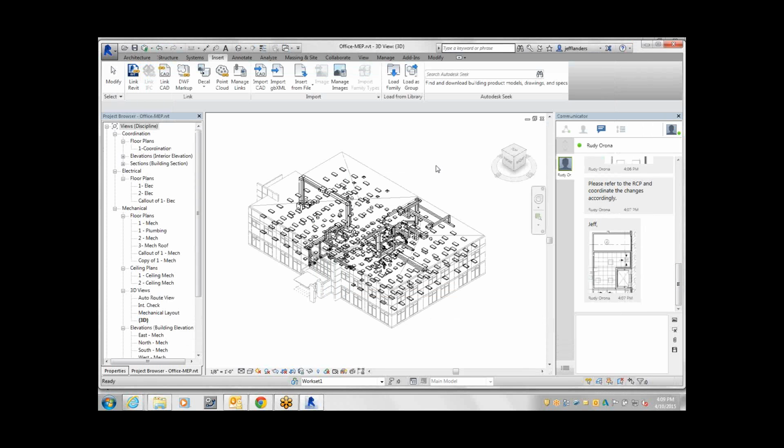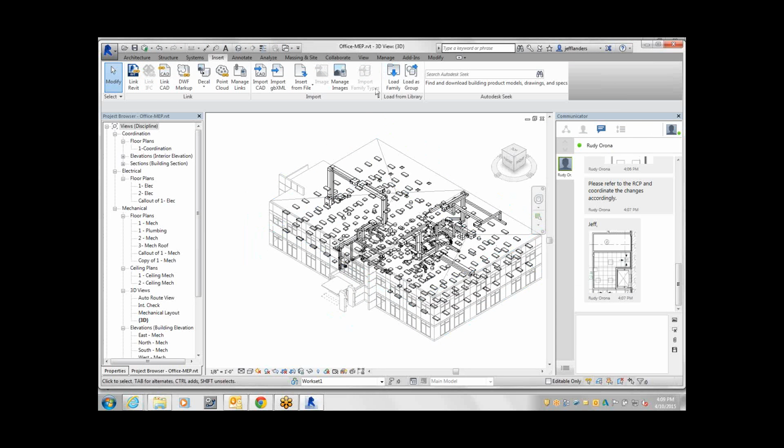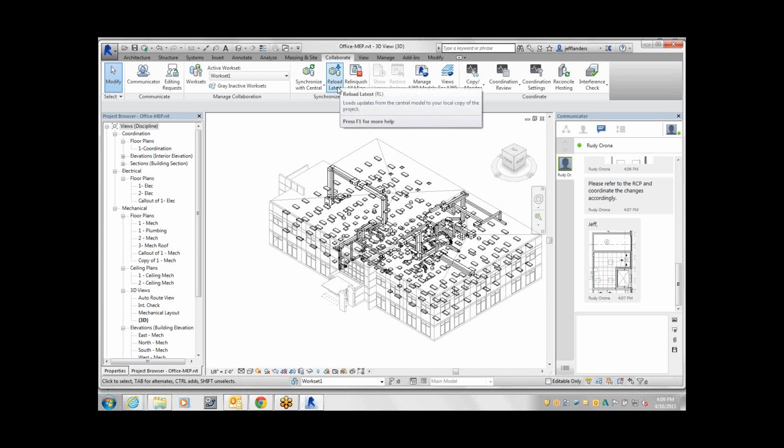So I'm going to go ahead and close out of that. I know what changes I need to make and with respect to which floors and which rooms. So I'm going to go ahead and make those changes. But before I can do that, I need to reload my architectural model that's associated to the MEP model. The way that you would typically do this in the regular Revit environment, I would go to my collaboration bar and say reload latest. For C4R utilizing the services here, this